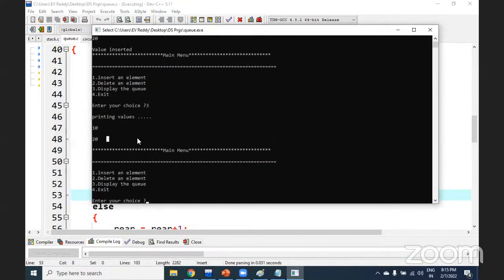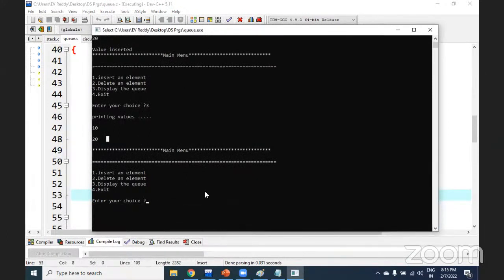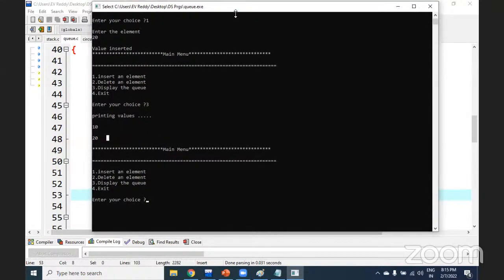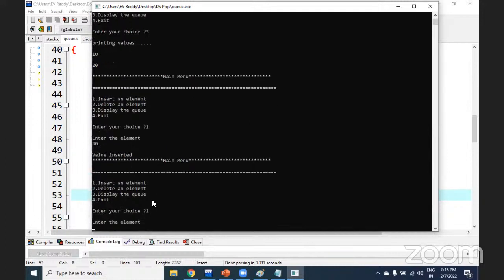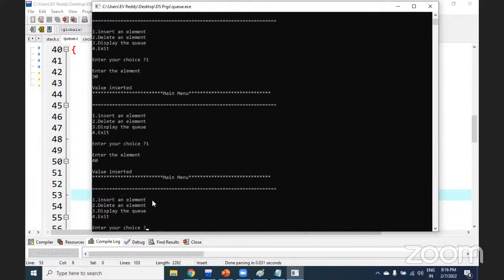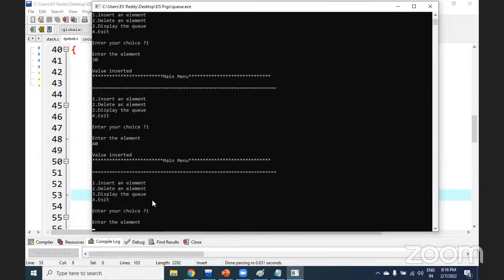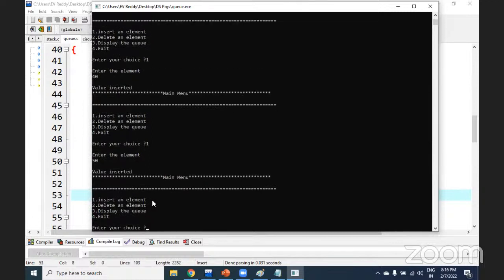See, you should check all the things like overflow condition and underflow condition. Okay, when the queue is empty, you try to delete. When the queue is full, you try to insert like this. So maximum size is 5. So what you should do, I'll try to insert some more. 1, 30, again 1, 40, okay, again 1, 50, again 1,